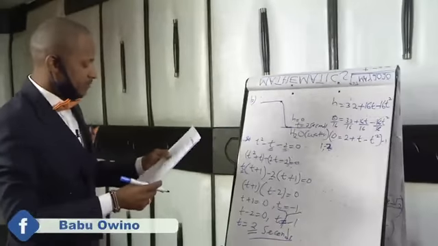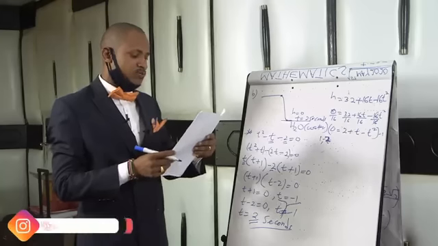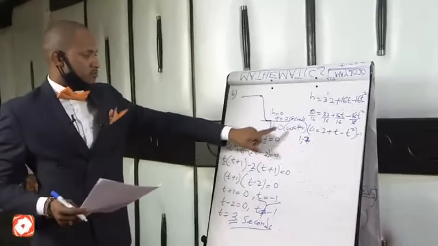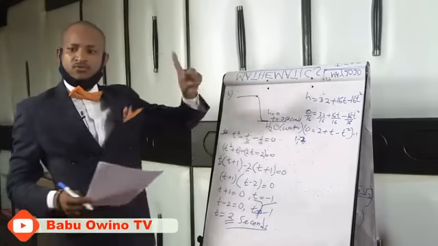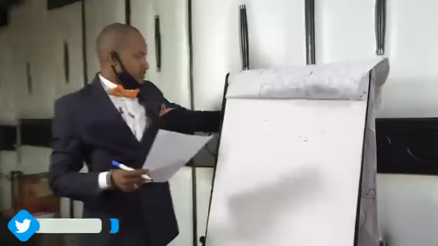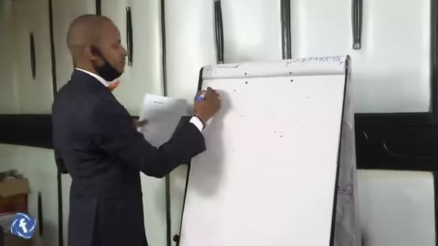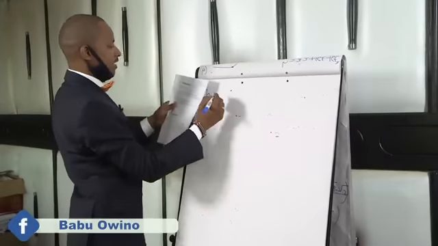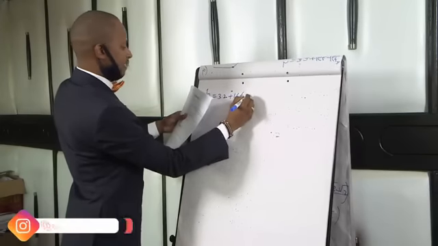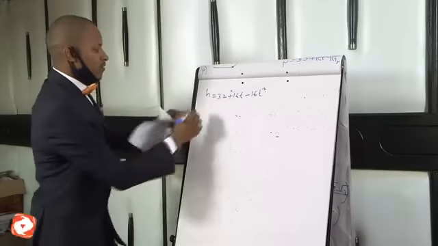Then the next part of the question is to find the velocity at which he hit the water surface. I want you to keep in mind that time is equal to 2 seconds. So we want to find the velocity at which he hit the water surface. From our initial equation, h is equal to 32 plus 16t minus 16t squared. Velocity